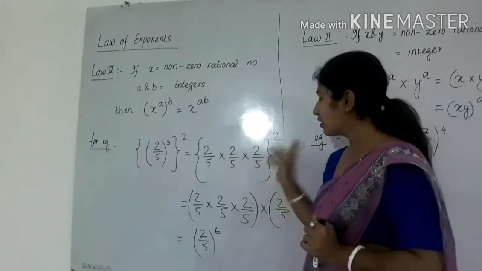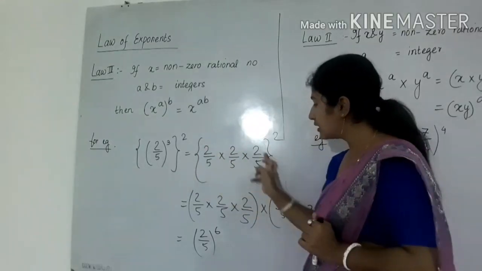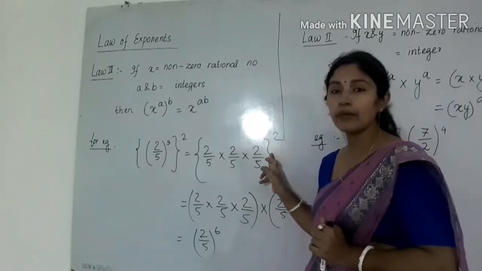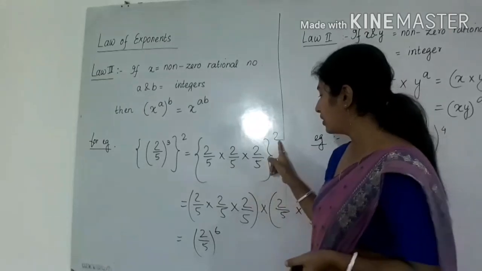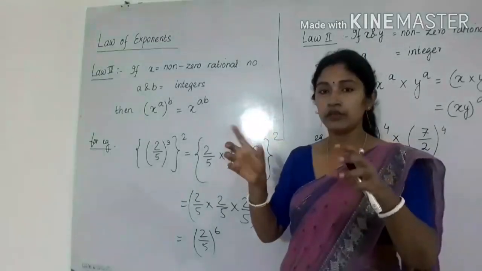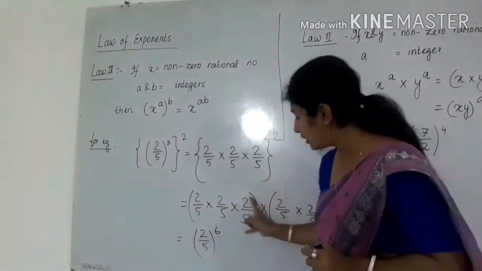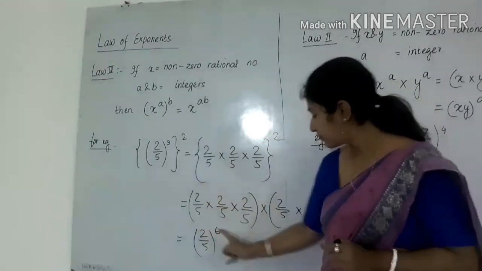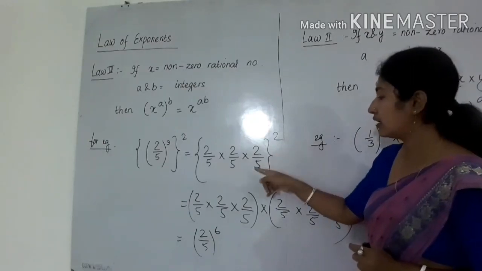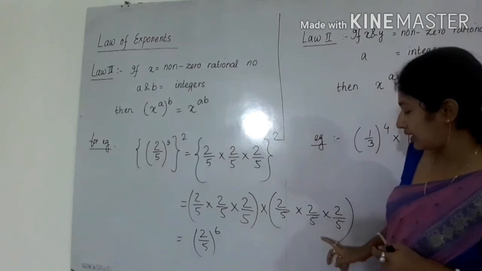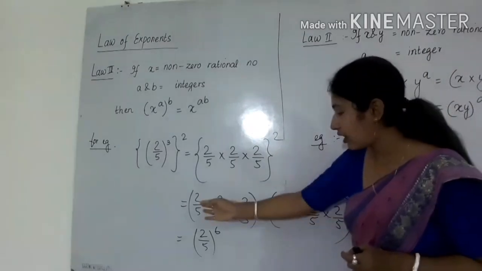Again when we expand this, you have to see what is in base. This whole is in base. That means this you have to write how many times? 2 times, by giving a multiplication sign between the two factors, means two terms. Because you have to write 2 times, there will be a multiplication symbol between both the terms. So this is the base. I have written the base, this is the first term, into, again I have written this because you have to write it 2 times. So again I am writing here. Then see, all are what? All are multiplying with each other.